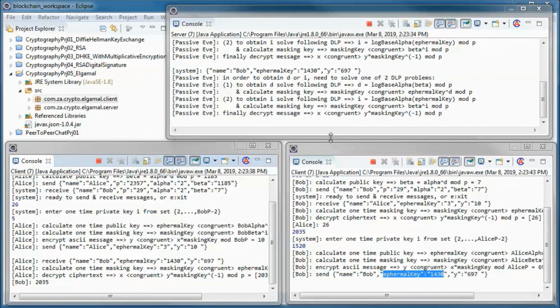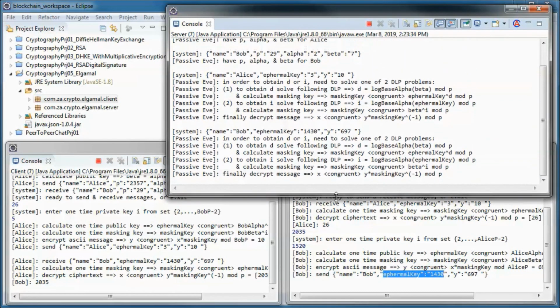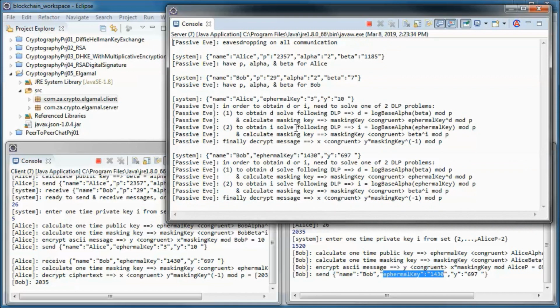And passive Eve can see all the communications. So now she has P, alpha, and beta for Alice, and same thing, P, alpha, and beta for Bob.